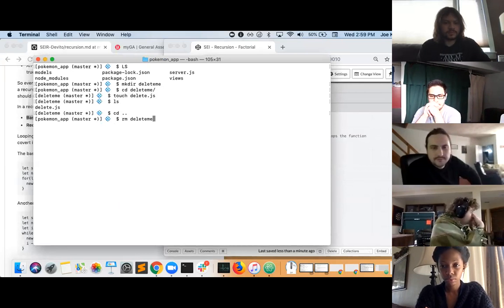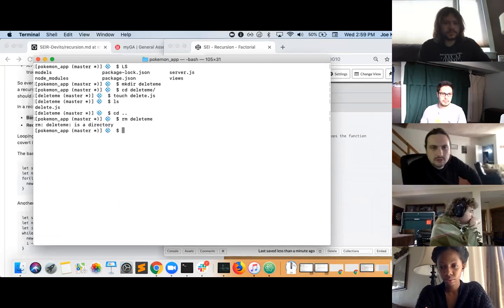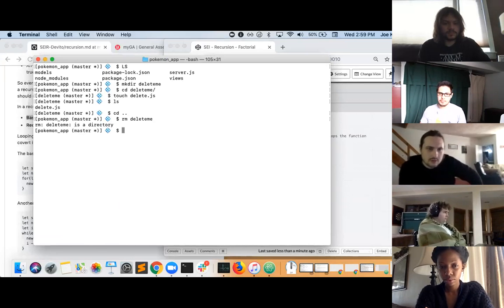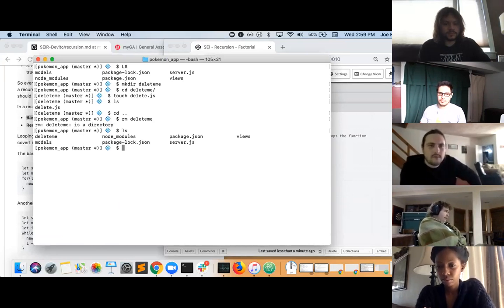Anyone know what happens here? Does it remove the folder? All right, so let's take a look. It can't. rm is for remove, right? It's a Linux command to remove. And it says it can't remove that file because it's a directory and it has something inside of it. So if I do this, it still has delete me right here. It won't delete it. But if I do rm -rf,